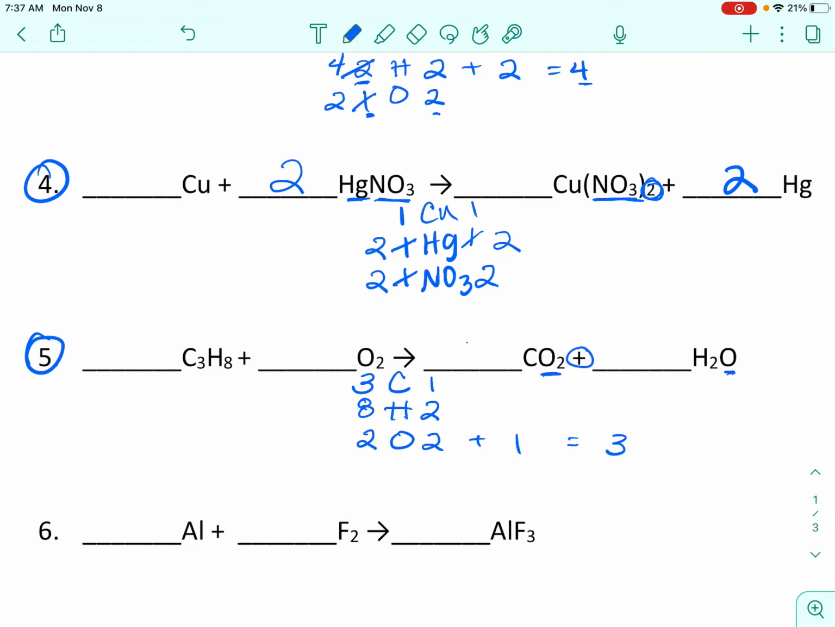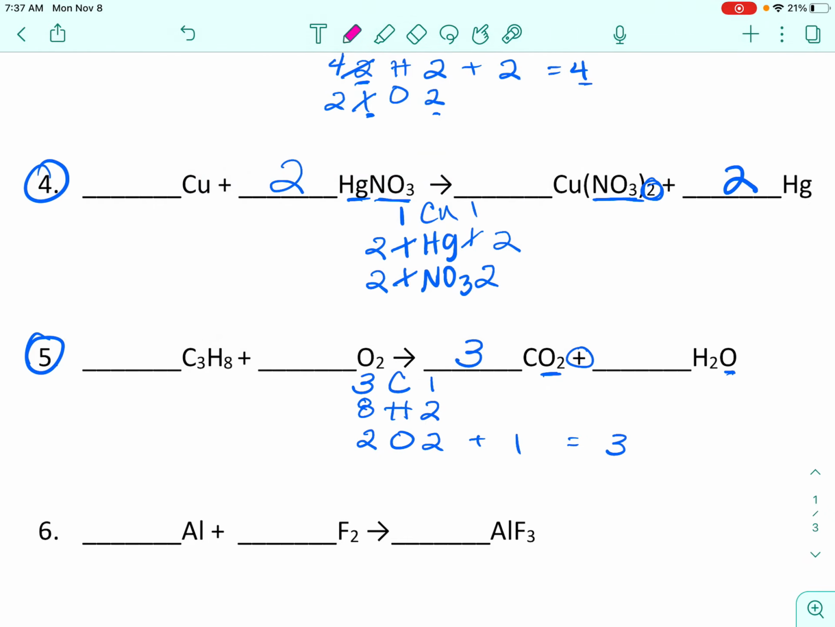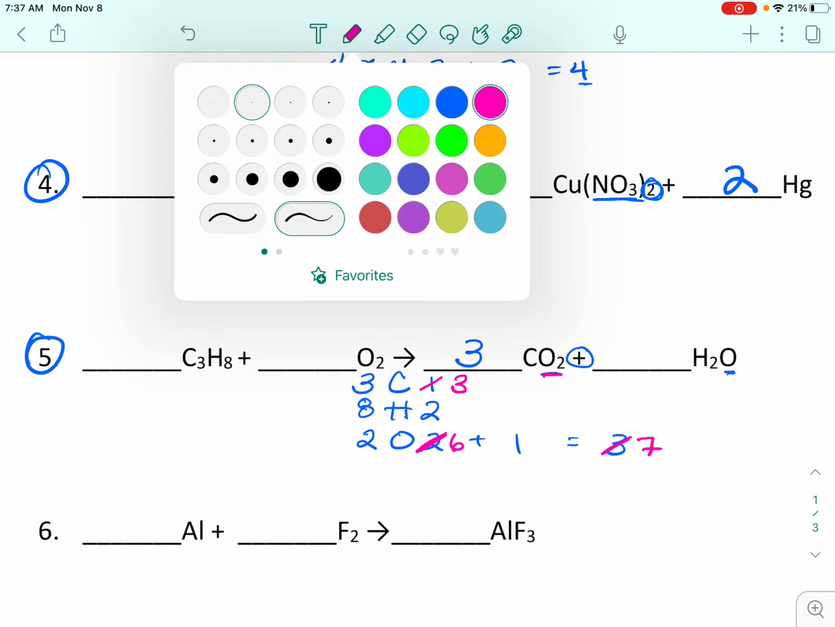So if I do that, I need to multiply this side by 3. Let me change my color here. So that's going to change this carbon to a 3. But it also changes this part of the oxygen. 3 times 2 is 6. So now that changes my oxygen to 6 plus 1 is 7. Okay. Now let's fix the